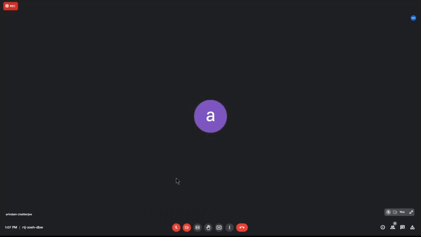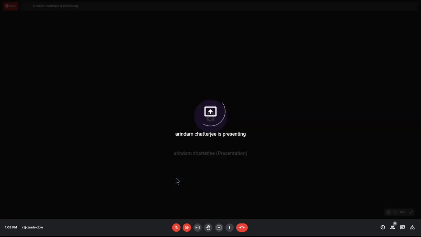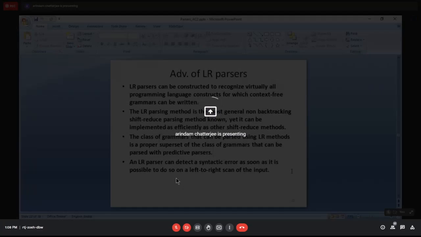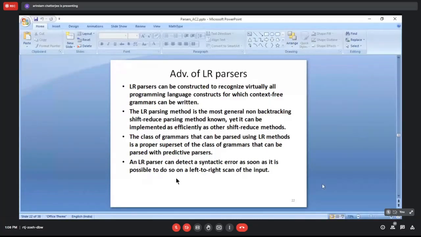So we'll come to this topic, which is advantages of LR parsers. I promise to come back after we have done the LR parsing and knew a little bit about the technique.